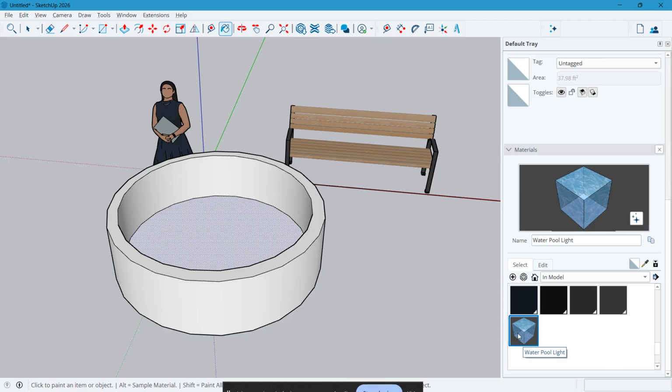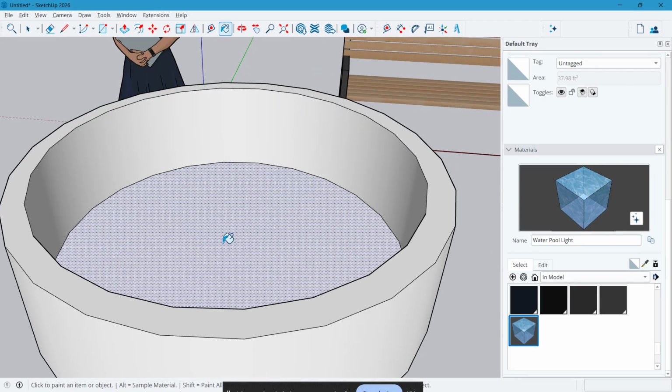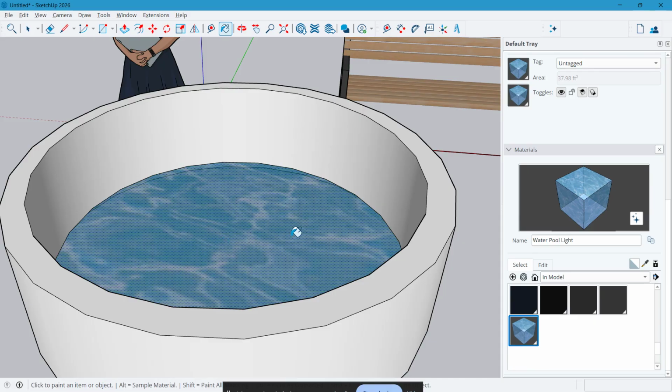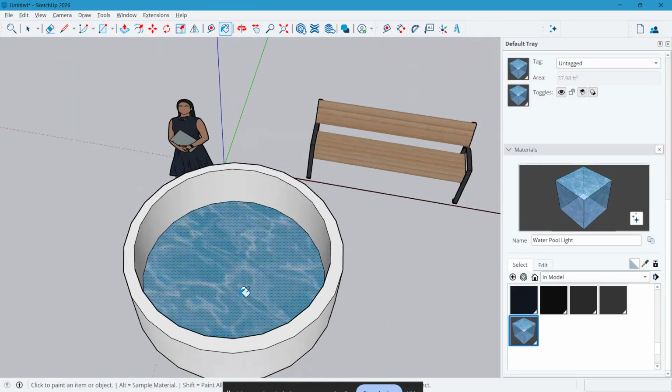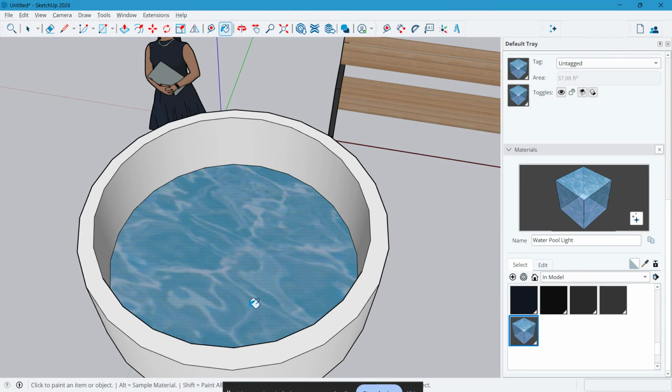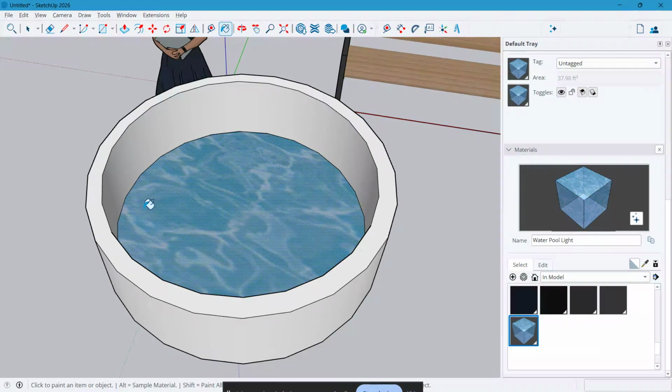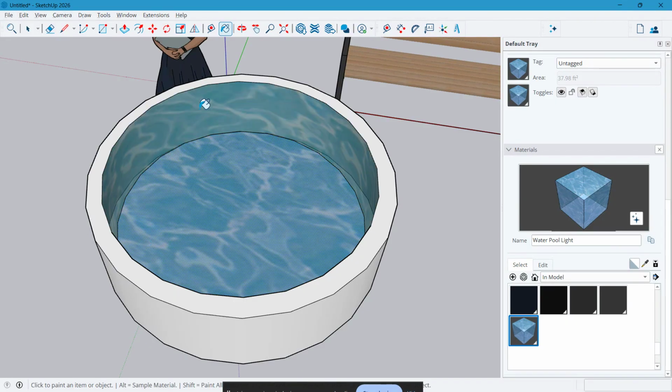After you've selected the water texture, it's time to apply it. Click on the face you created earlier, and SketchUp will fill that surface with the water material. If needed, you can click and drag or simply use the paint bucket tool to make sure the texture covers the entire face properly. At this point, your model should already look much more realistic, but you may notice that